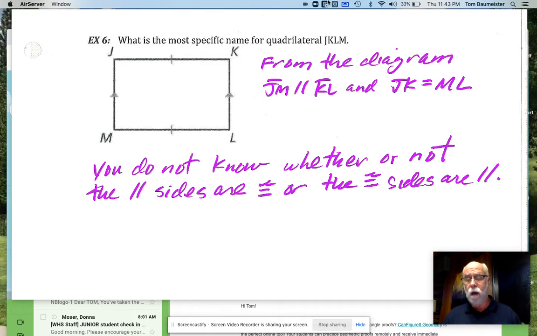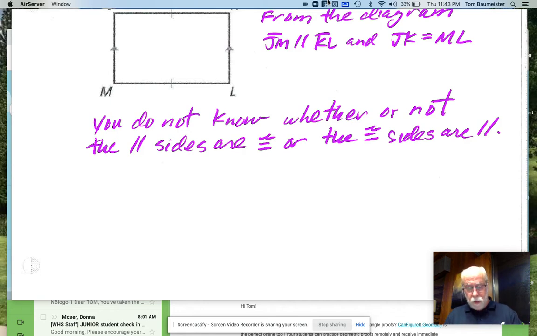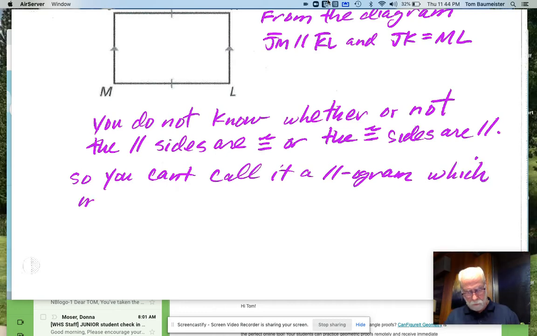You don't know that because they're not marked that way. So if that's the case, then you can't call it a parallelogram, which means it also can't be